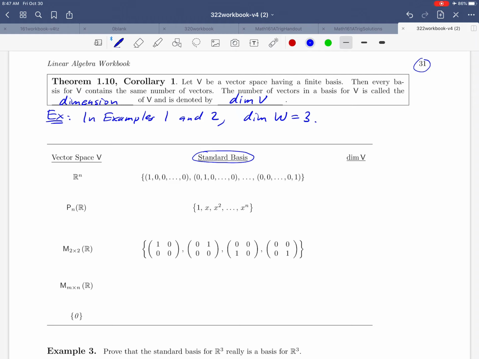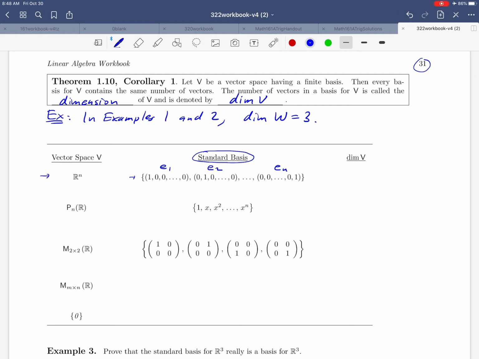So take, for example, the vector space Rn, the set of all n-tuples. Our claim is that the set that we're looking at here is a basis for that vector space. The vectors that you see in that set are given special names. The first one is called E1. That notation represents the fact that there's a 1 in the first coordinate and zeros everywhere else. The second one is called E2. That's got a 1 in the second coordinate and a 0 everywhere else, and so on, down the line